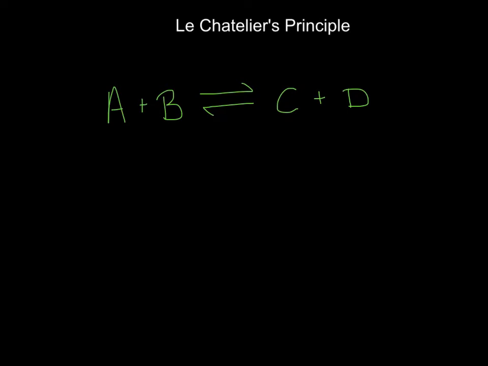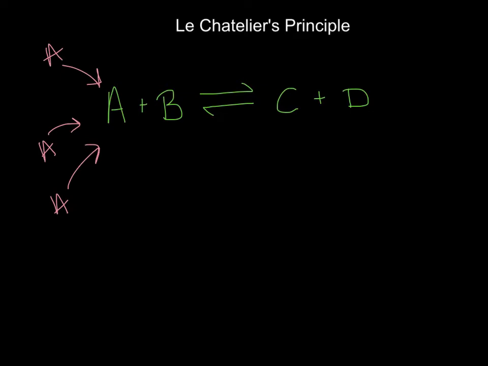I should mention this is only for reversible reactions. So in this reversible reaction, A plus B to C plus D, I can go either way. I can go A plus B to form C plus D, or I can combine C and D to form A and B. So if I were to add more A to this reaction, my concentration of A would